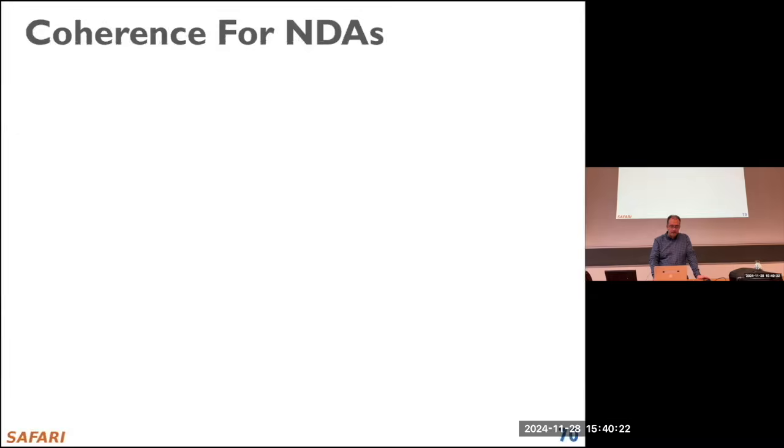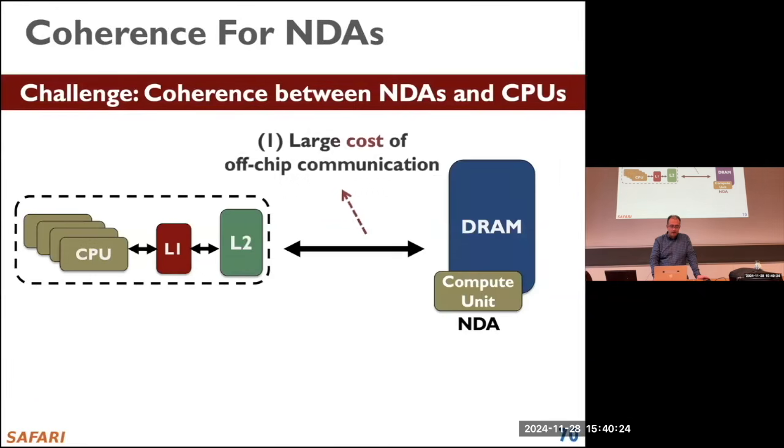So essentially, you know that we have specialized accelerators, and the NDAs, this NDA here is the near data accelerator. So now the challenge is that you have an NDA compute unit in DRAM, and you have your CPU, with its levels of caches. So the challenge is how you make NDAs and CPUs coherent. These two should be coherent, essentially, right? Because you can also think of NDA as another core. So now there are different cores, but some of them are not cores at the CPU. But you still need to make them coherent.